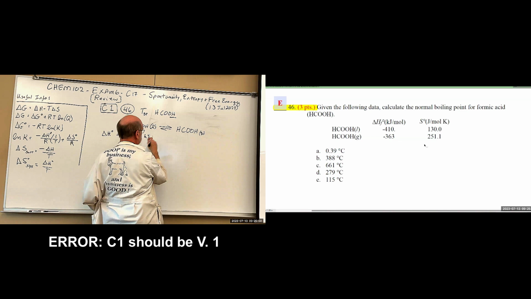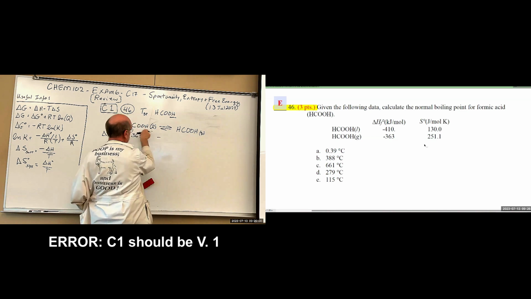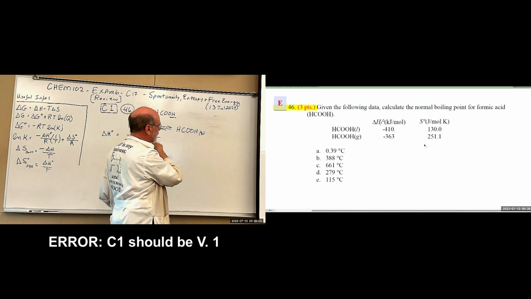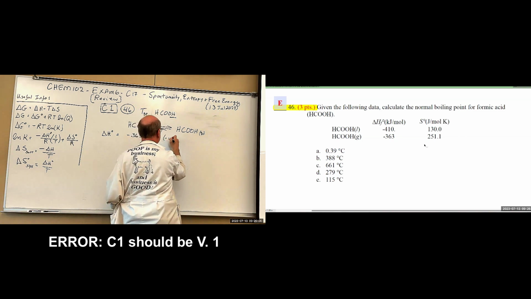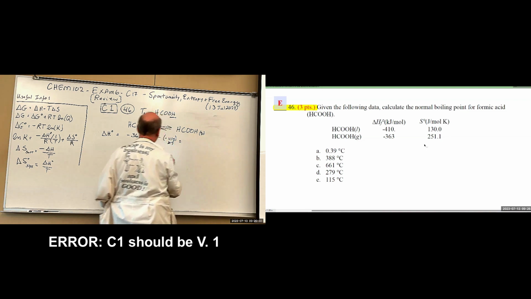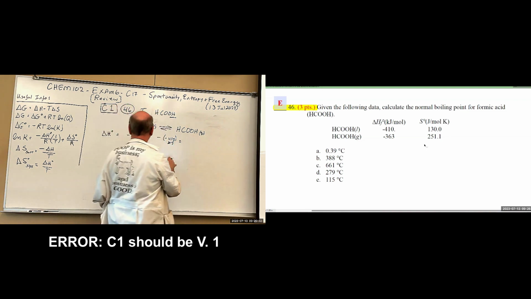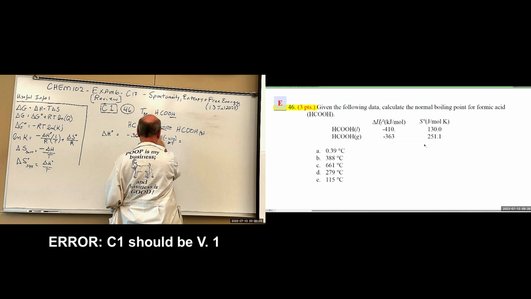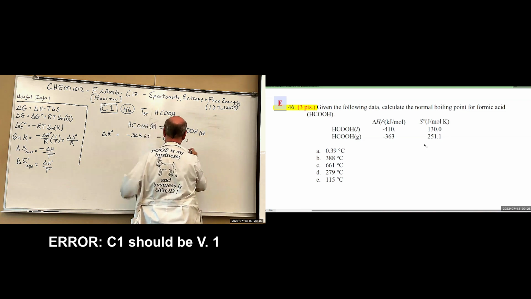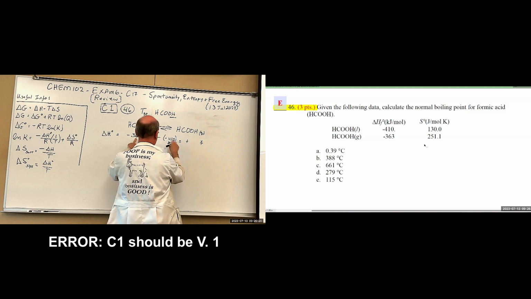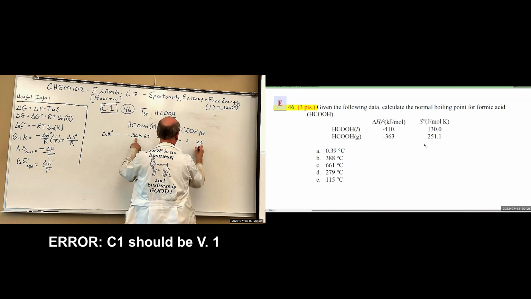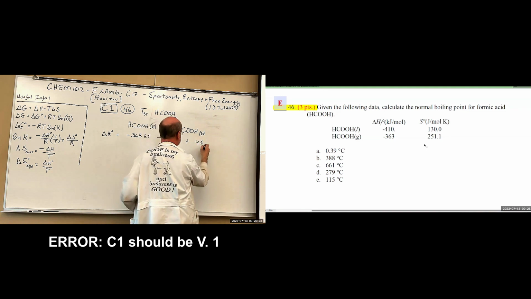And then we have to subtract the enthalpy for the liquid, minus 410. So minus 410 kilojoules is equal to what? Let's see, that's a positive 7, 6, 4, yeah, plus 47 kilojoules